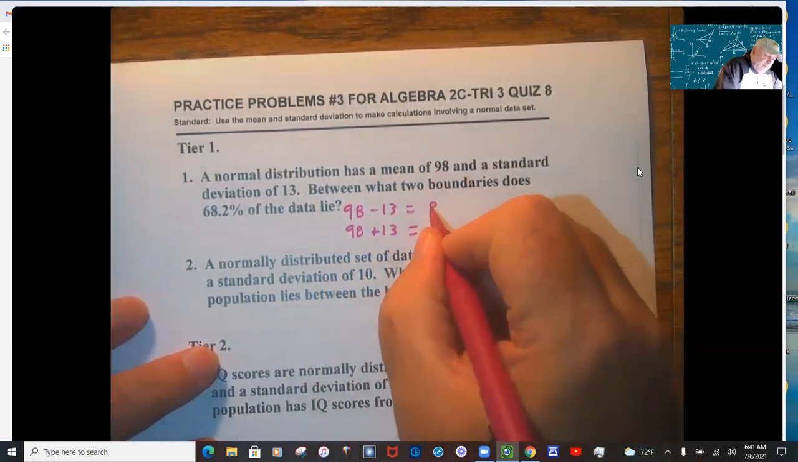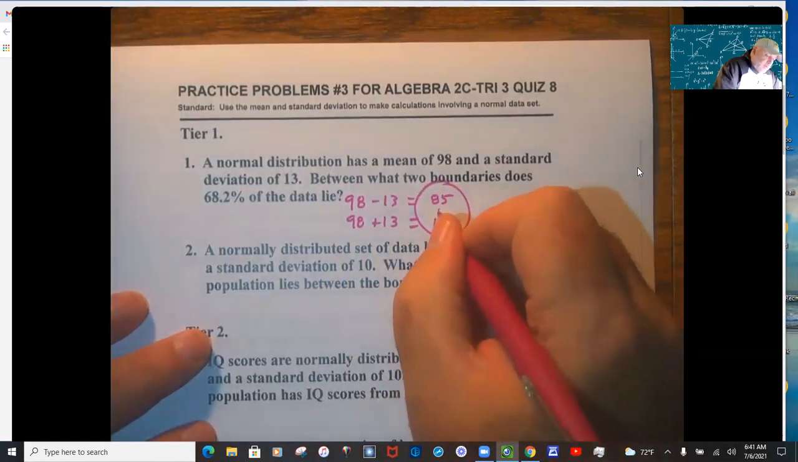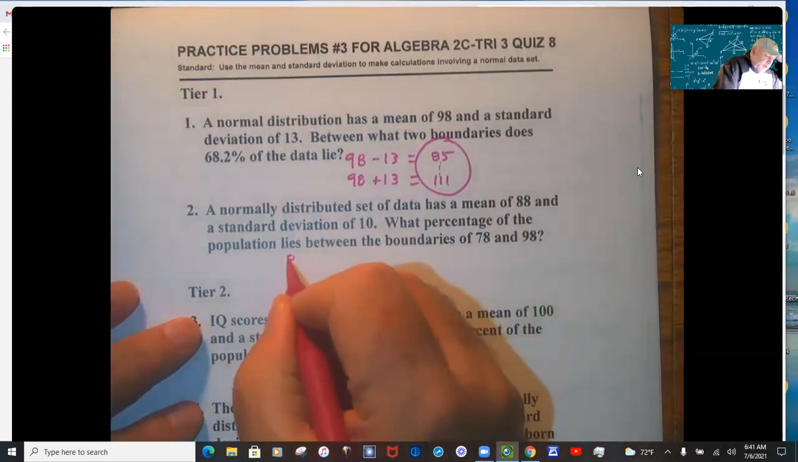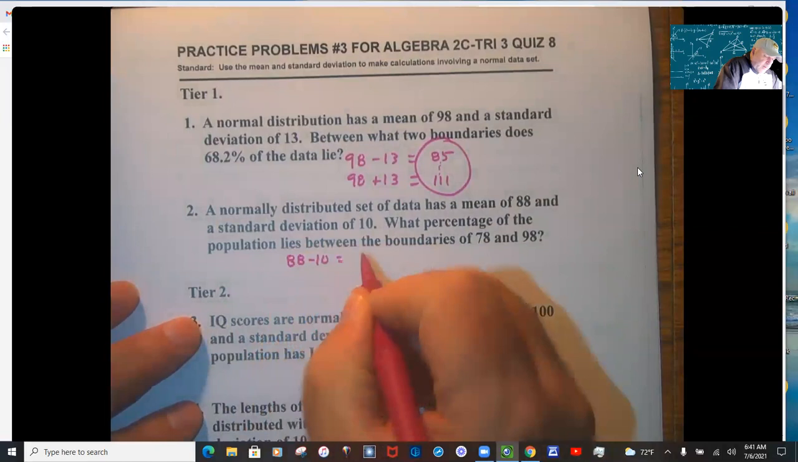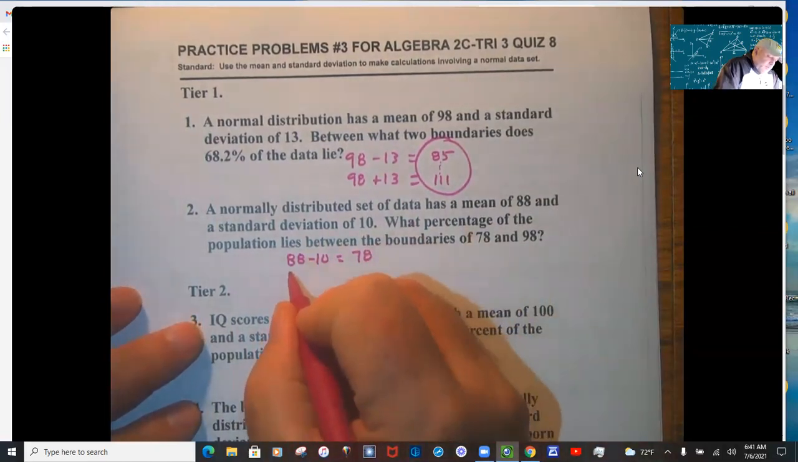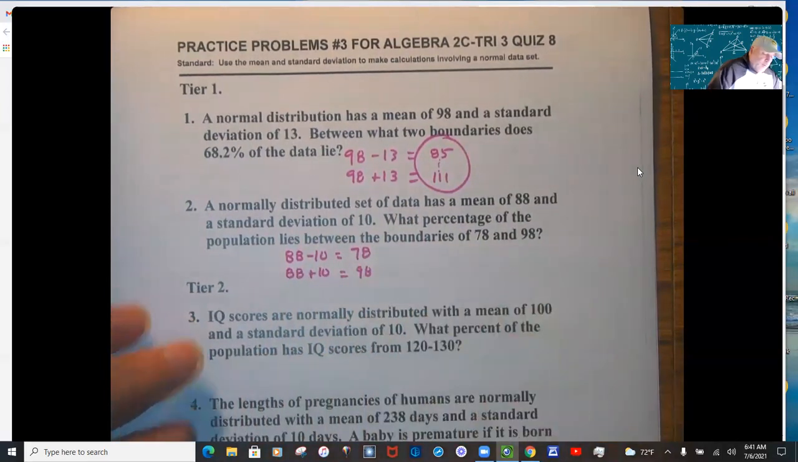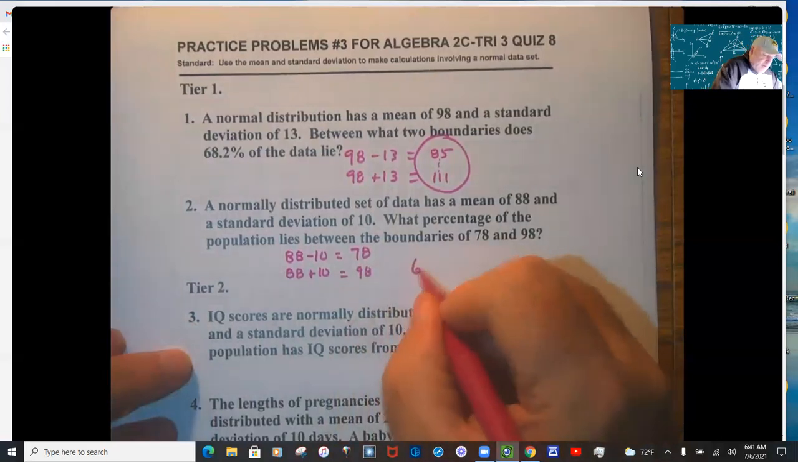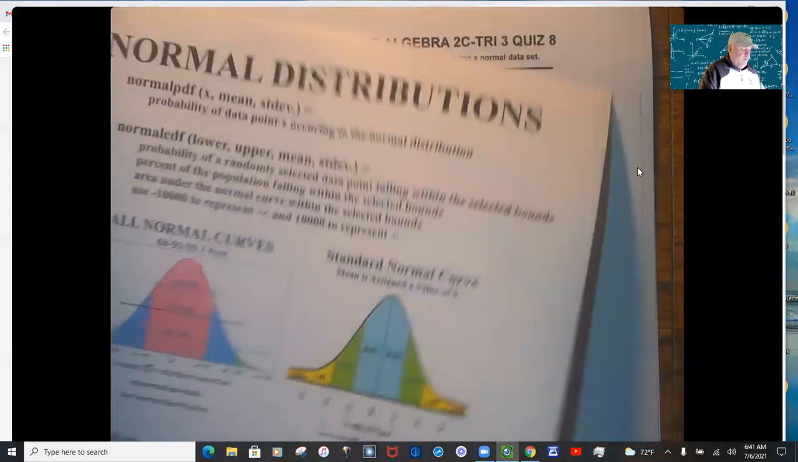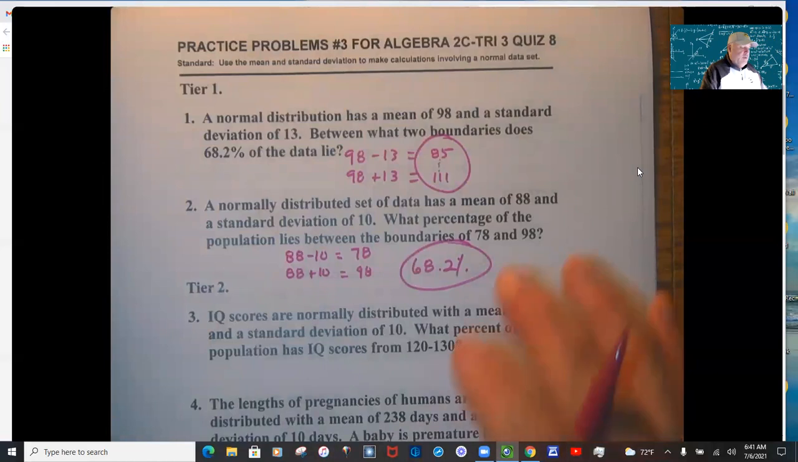So 85 and 111 are the two boundaries. Okay, 78 and 98. So this looks like one time. 88 plus 10 is 98. So one time means 68.2%. But again, it can be once, twice, or 3 times, depending upon how many times you're adding and